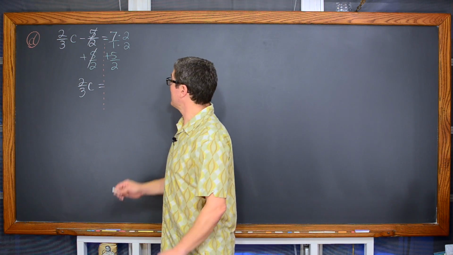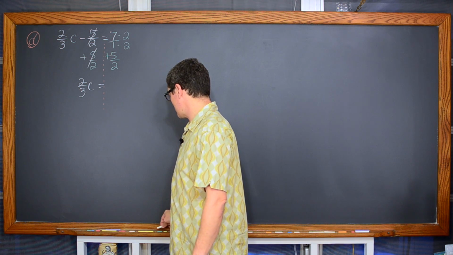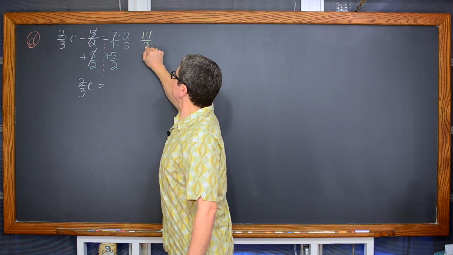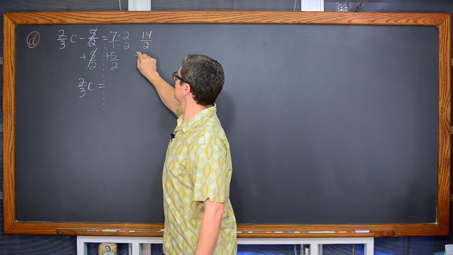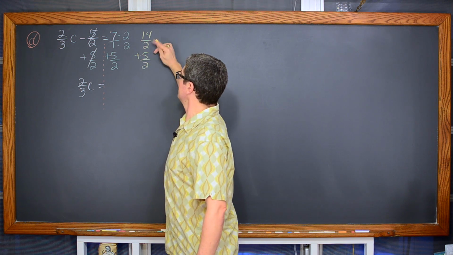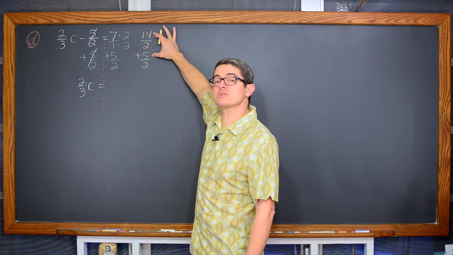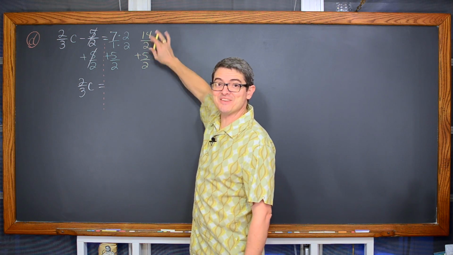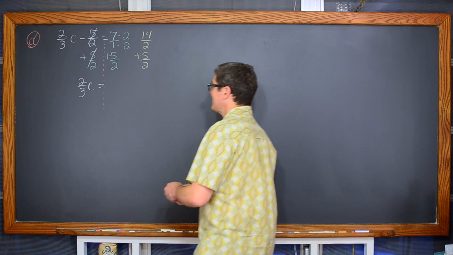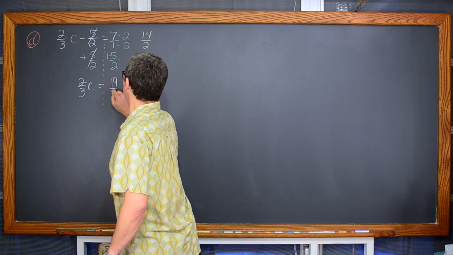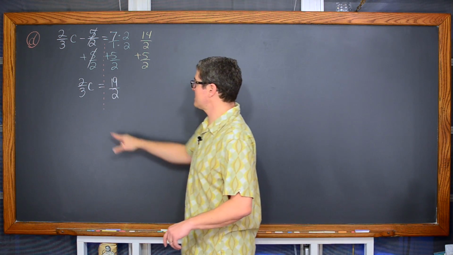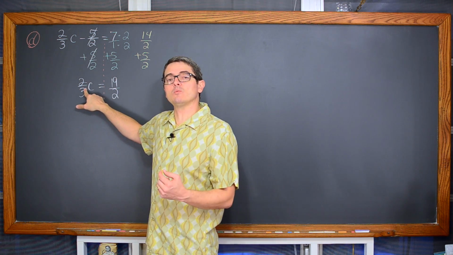We're just making the fraction look different, not actually wanting to change its value. And that's going to be 14 over 2 plus 5 over 2. And now that we have our common denominators, we're just going to add the numerators. And 14 plus 5 is equal to 19 over 2. And now we want to get a leading coefficient that is equal to 1.